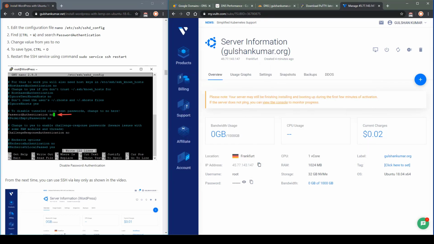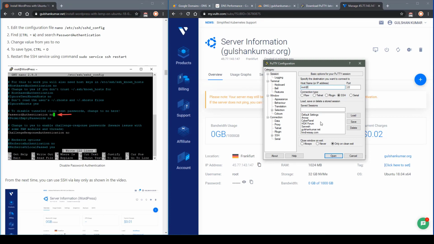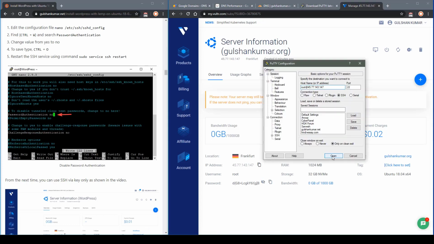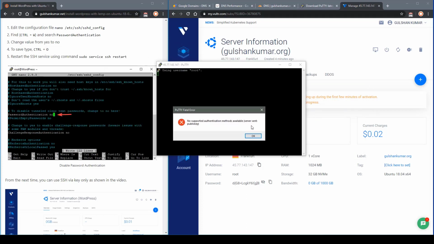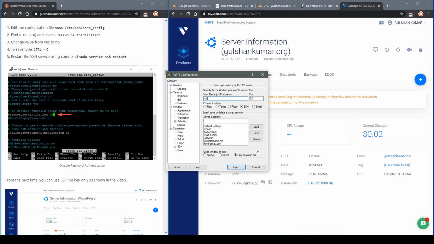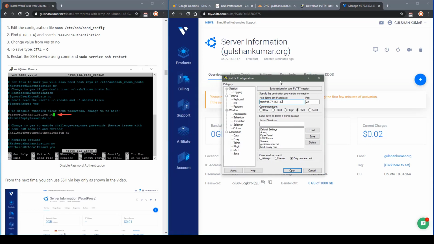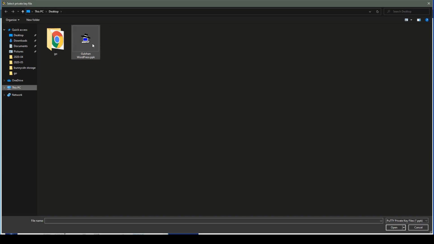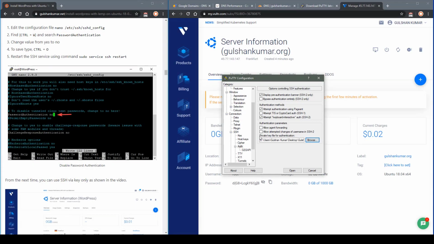Next I need to show you that I can't log in using my password. I can't log in using my password because I have disabled password authentication. You can see it will ask me for the key file. To log in from the key file, it's very simple. Go to the SSH authentication. Now select your WordPress instance private key, click on Open, but before that you need to save